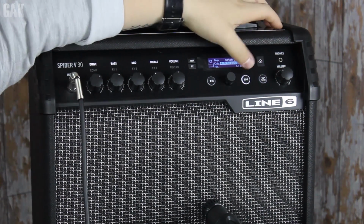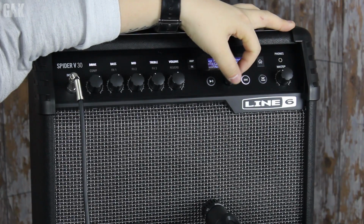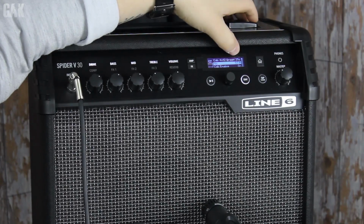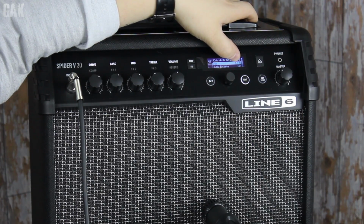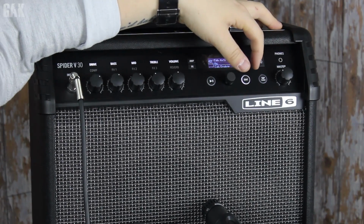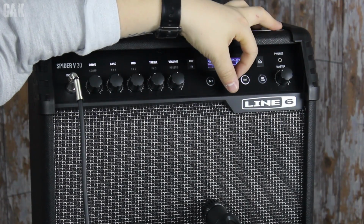But I can go as far as going to something like, I can actually scroll down, go to the mics. At the moment it's got a 57A on there. I hit edit, and you can scroll through the different microphones. So if I just play a note,